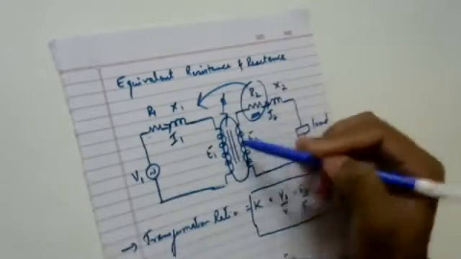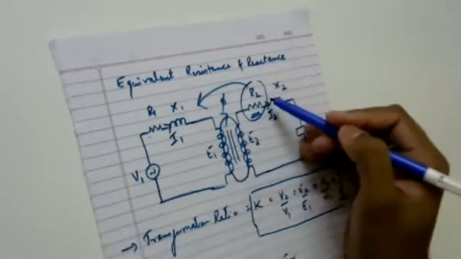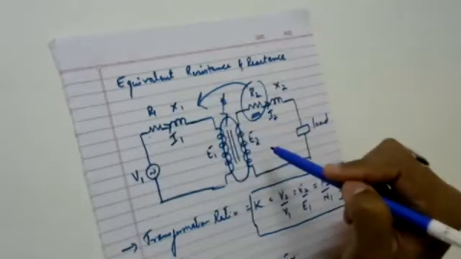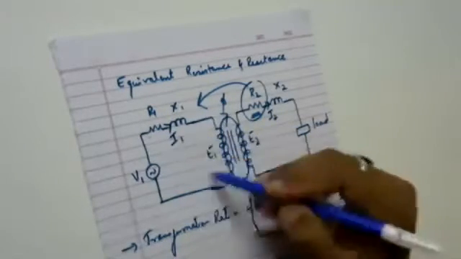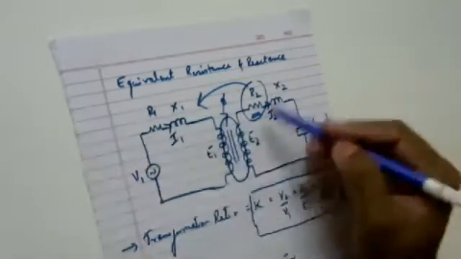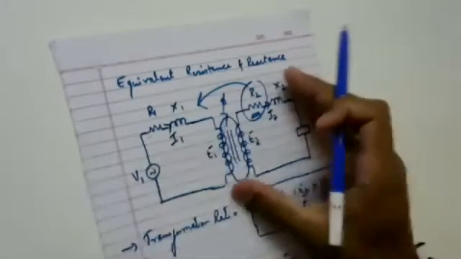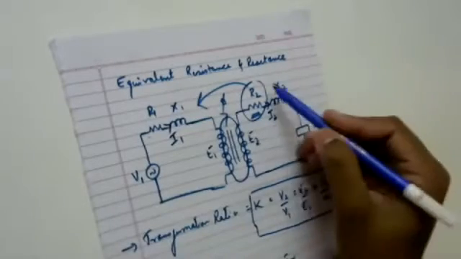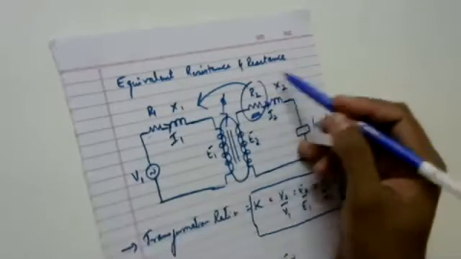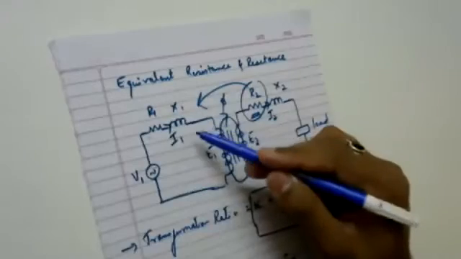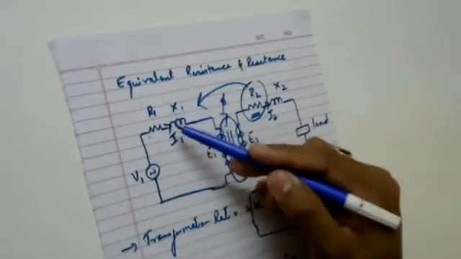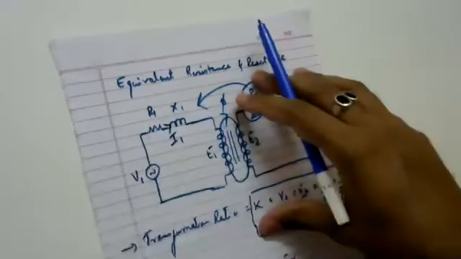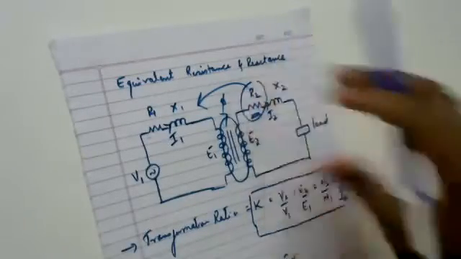Now, if this is the case, then I cannot perform any mathematical analysis. Yes or no? I can perform a mathematical analysis if all the components of the circuit are in one closed loop. I hope my statement is clear to you. Since this is a separate circuit, I am unable to make any mathematical analysis. So to make the mathematical analysis, I should either transfer the secondary components to the primary side or transfer the primary components to the secondary, so that all the circuit components will be in one circuit itself.